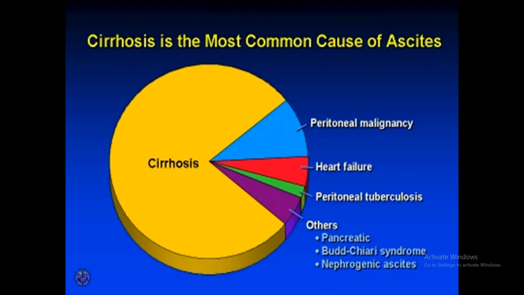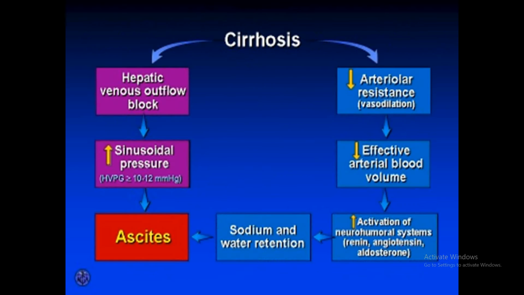We usually see the ascites, the accumulation of the fluid in the peritoneal space. There are many theories behind it. No theory was accepted. Only thing they accept is there is the water and sodium retention and how it occurs. Now, cirrhosis will cause the hepatic venous outflow block and sinusoidal pressure will be increased. I already said that the hepatic vein pressure gradient is more than 12 millimeter. It will cause the oozing, the liver weeps, and ascites occurs.